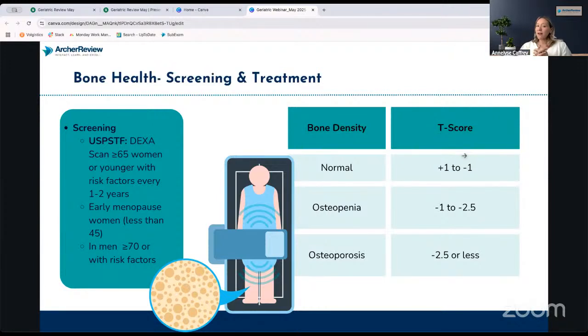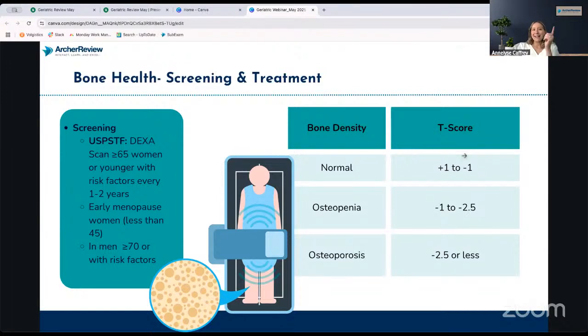We start those at 65 years old for women. That's from the US Preventive Services Task Force. And younger if they have risk factors. So every woman at 65, every 1 to 2 years, start younger if there are risk factors. For men, we start at 70, or earlier with risk factors. Other than that, men just have better bone density than women. And especially after menopause, when that estrogen level drops, our risk for osteoporosis goes up. So, of course, you're going to want to educate to get weight bearing exercise. Swimming's not good for that, but walking is, running if they're able to run, pickleball, tennis, anything where they're bearing weight on their bones promotes good bone health.